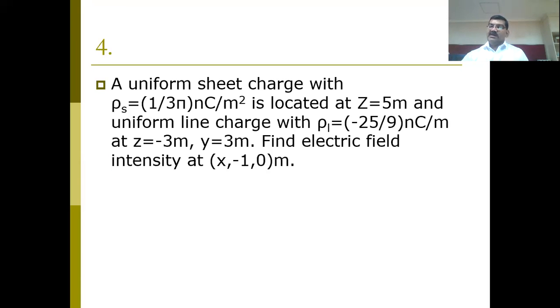So for the unit vector, you can just divide it by square root of 4 squared, that is 16, plus 9. So divide by 5. Okay, so it is -4 by 5 ay and 3 by 5 az. So that is for the line charge. Okay, good. So the remaining formulation will be the same. You put the value, you will get the answer. Nothing great. So this way you can calculate.